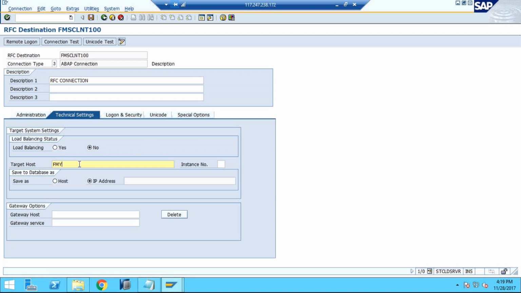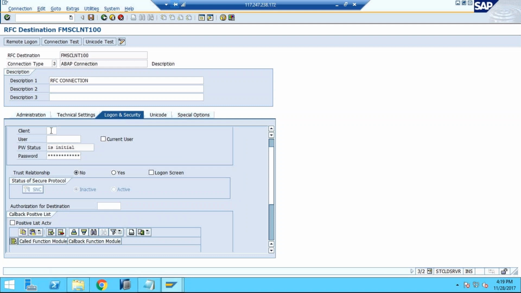when you put the name here, it will pick the IP address here. Here you can see nothing will be picked because I don't have the proper host name. That's why it will not create anything. FM is unknown because we don't know the name. Here you have to give the client,